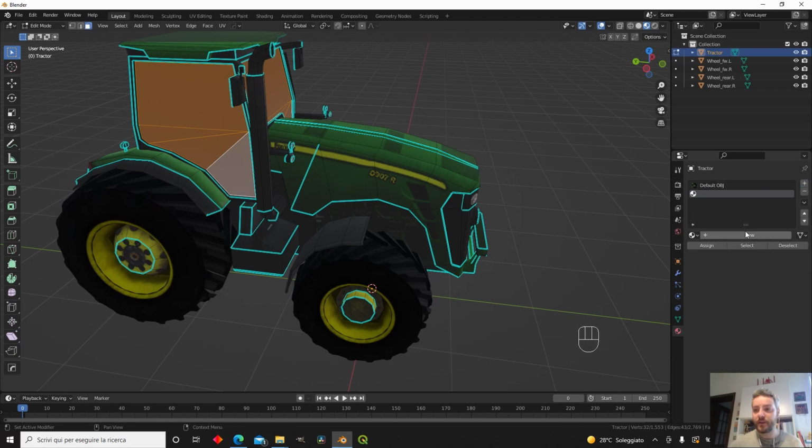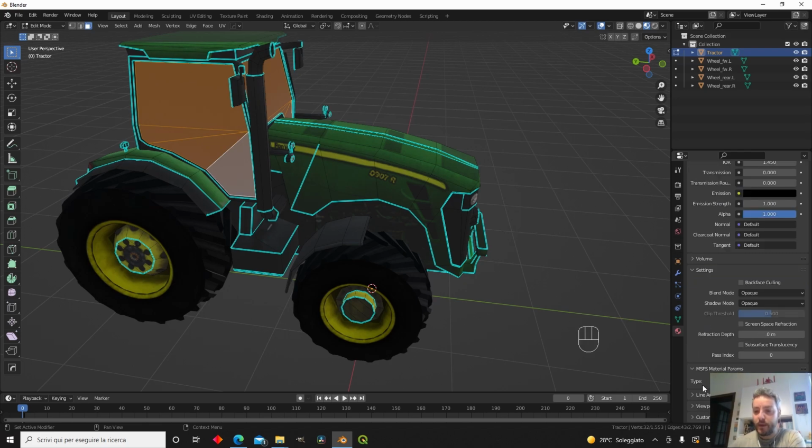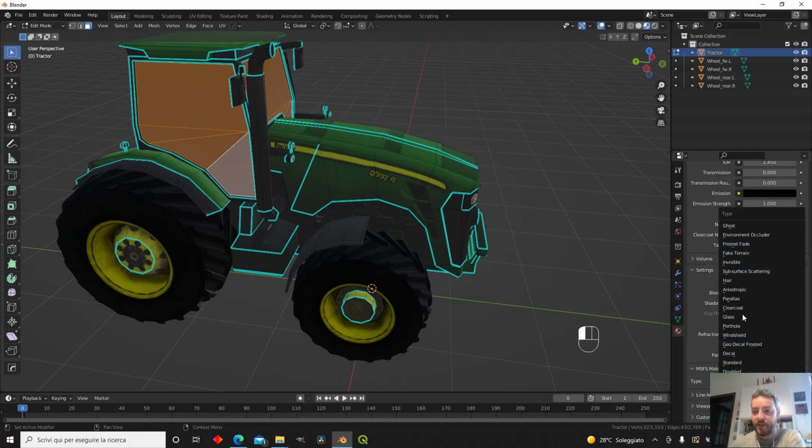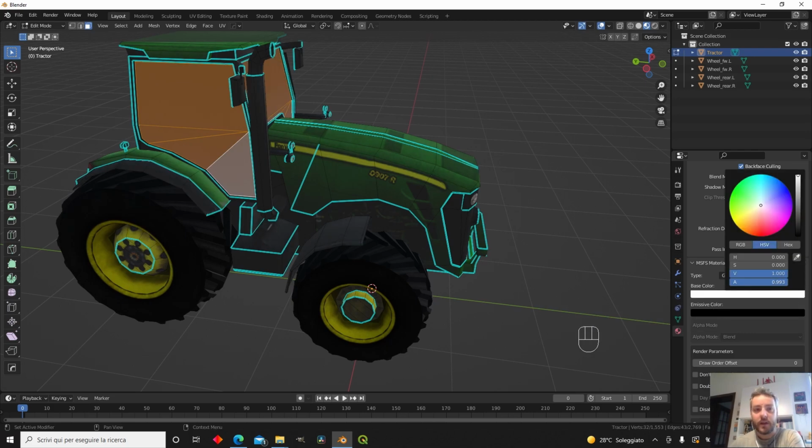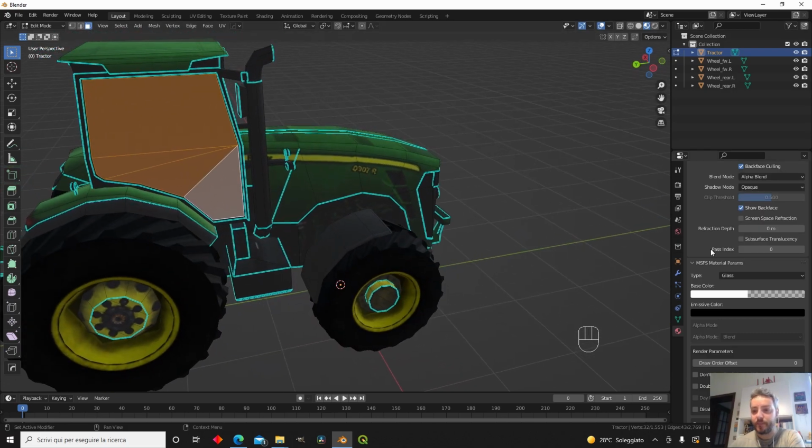I'm gonna add a new material, and I'm gonna call that glass, and this will be an MFS glass. The properties of this MFS glass, all the properties of the glass itself, are pretty much all inside the base color. So the alpha, that is the transparency,